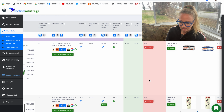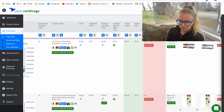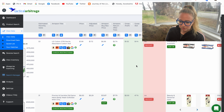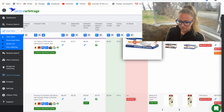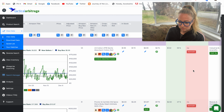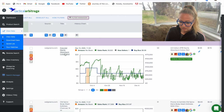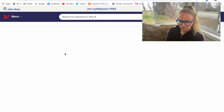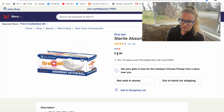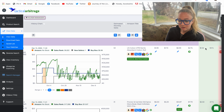this may be out of stock actually, which would totally suck. Oh, in stock, no, report, let me see. Oh, okay, so it wants me to check. It may be out of stock. So I'm gonna look at the pictures. It is definitely the same item. So let's just click on this and jump into Walgreens and see if it's in stock. So it's not sold in stores and it's out of stock. So that's a loser. But if you could find that in stock and get it for $1.72 and make $1